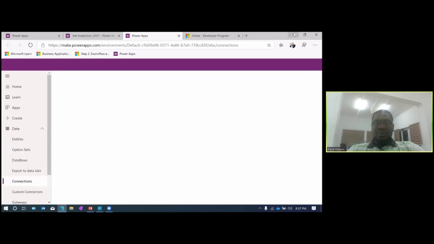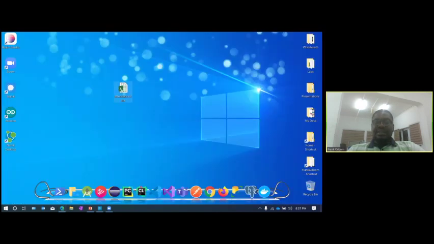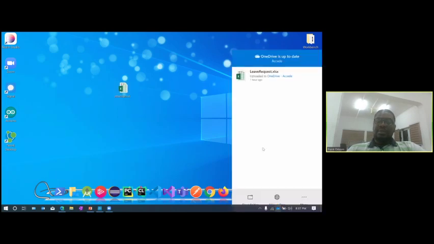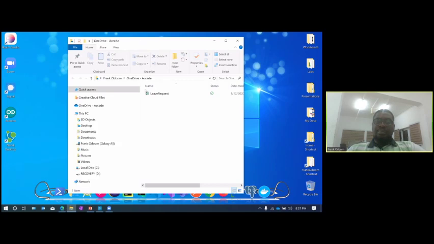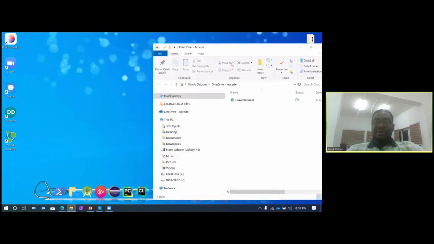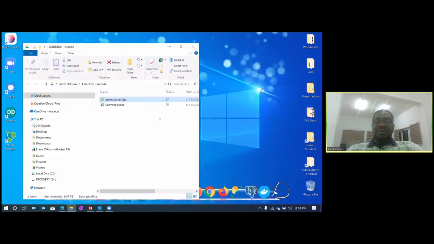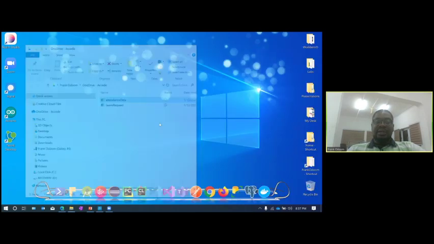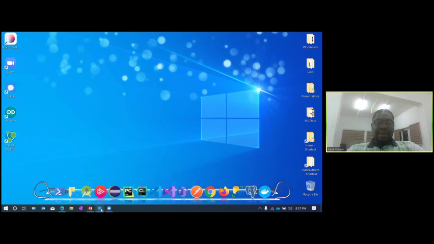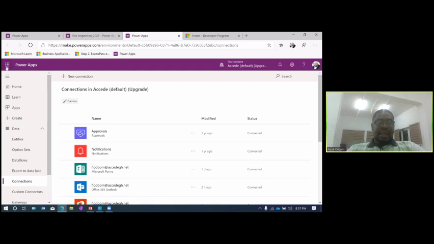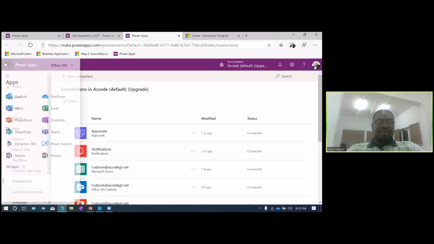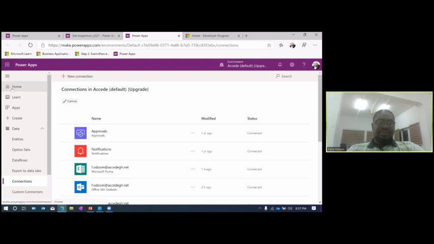Okay, so now let's go back. What I need to do is save this Excel sheet on OneDrive. That's how Power Apps will get access to it. So I'm just going to open my OneDrive folder and drop this in here. It's going to sync. Okay, it's finished syncing, so it's on the cloud now. So now I can create a new Power App